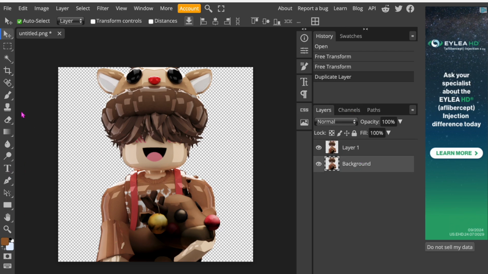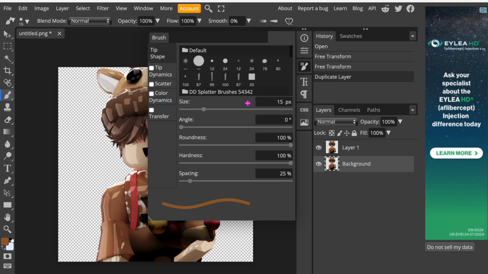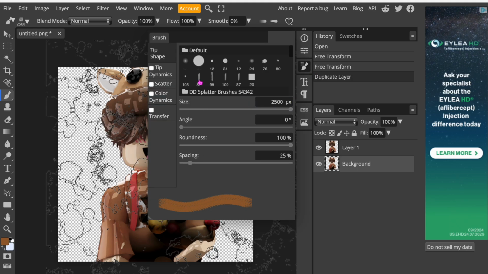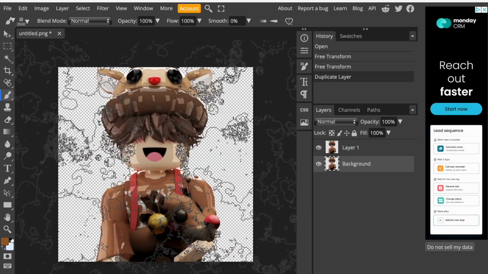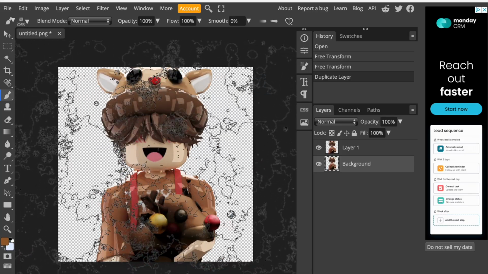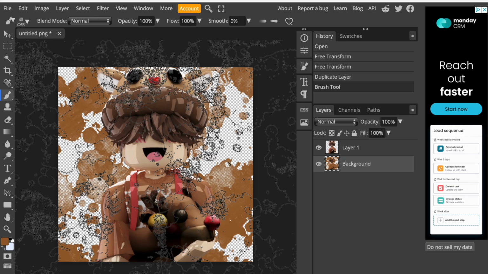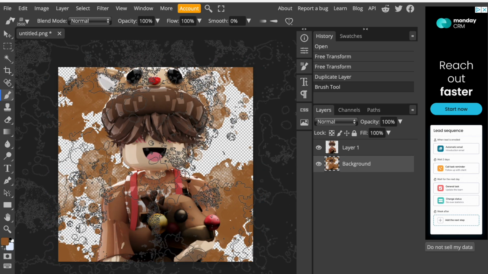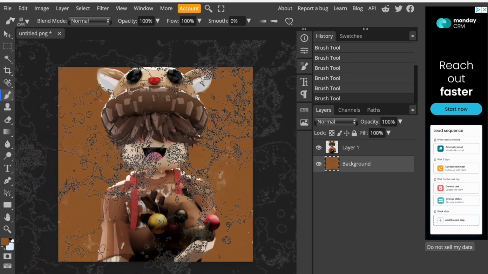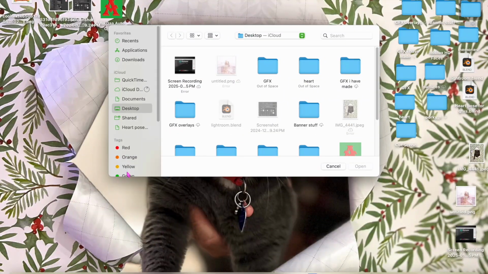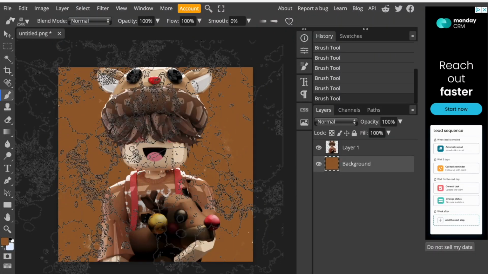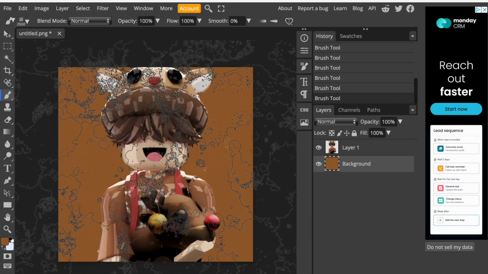Okay, so once you're there, you're going to click on the brush you want, and it should pop up like this. You might be like, oh, it's going on top of the avatar. It's not actually going to go on top of the avatar. It's going to go behind it if you added that layer. So now you're just going to cover the whole background with all this paint splatter until you don't see any more